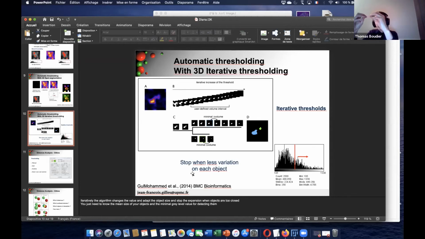Okay. So for the high threshold, we have two objects. The volume is okay, so we keep them. For the low threshold, you have one big object, actually the two objects merged. The volume is okay, so we keep it also. So in the first channel, we show the two objects separated. In the second channel, we show the two objects merged together. And then you decide which one you want. But usually we want the objects separated.